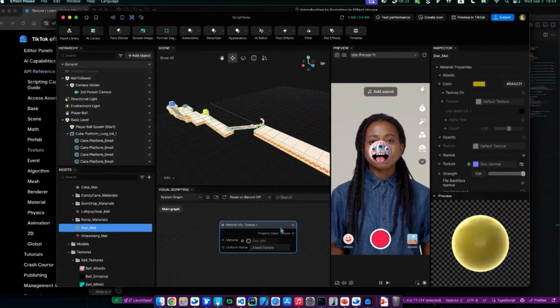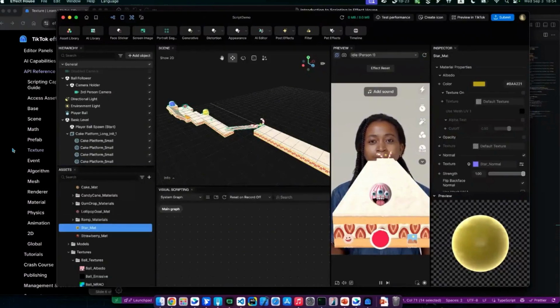I think this is currently the only way you can see the uniform name of each texture. But in the future, we'll make some great UIs here to let you explore each uniform of this material. Yeah. So yeah, so we're